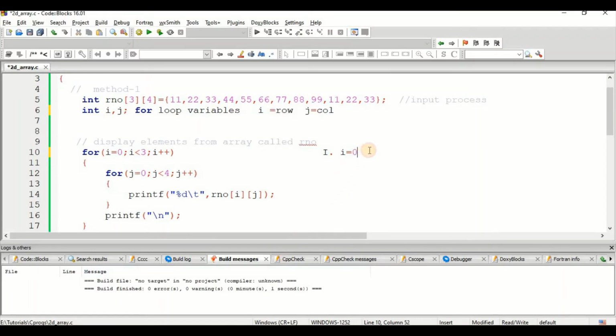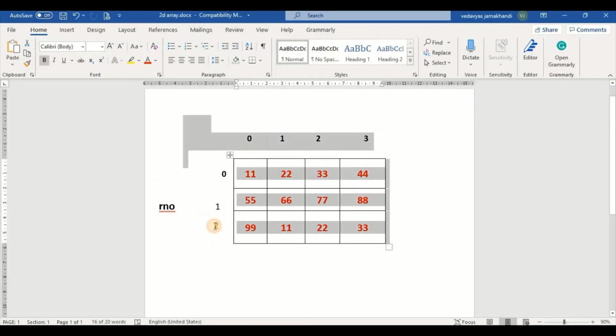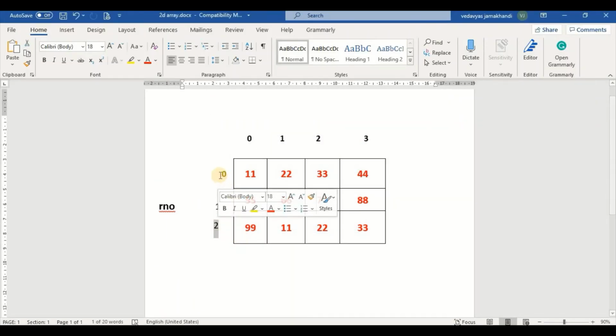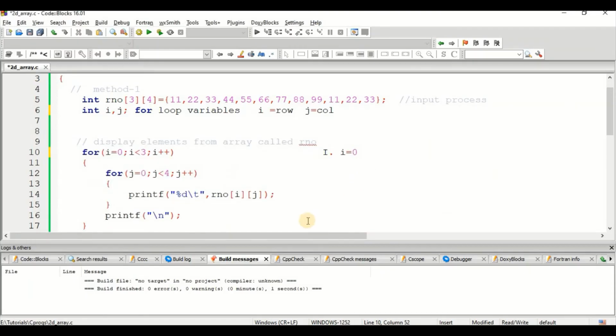For that I have taken i equal to 0. Up to where should the row go? Up to 2, that is 0, 1, 2. Once it reaches 3, it should come out. That is the reason we have taken 3: i equals 0 and i less than 3. Is the condition true? Yes, the condition is true.